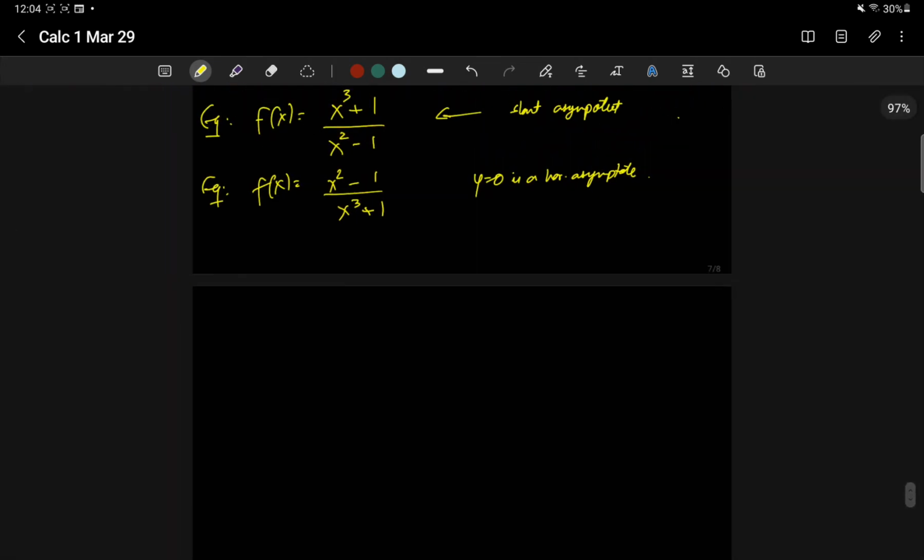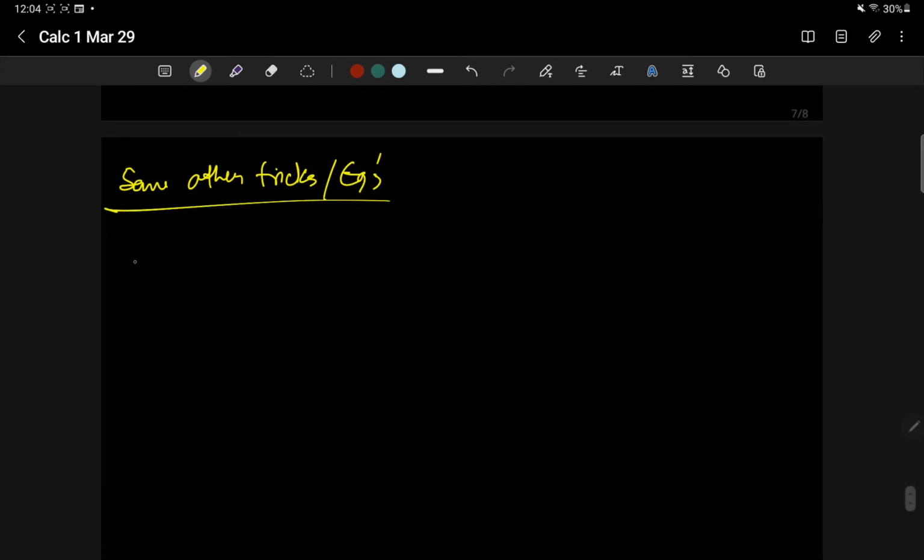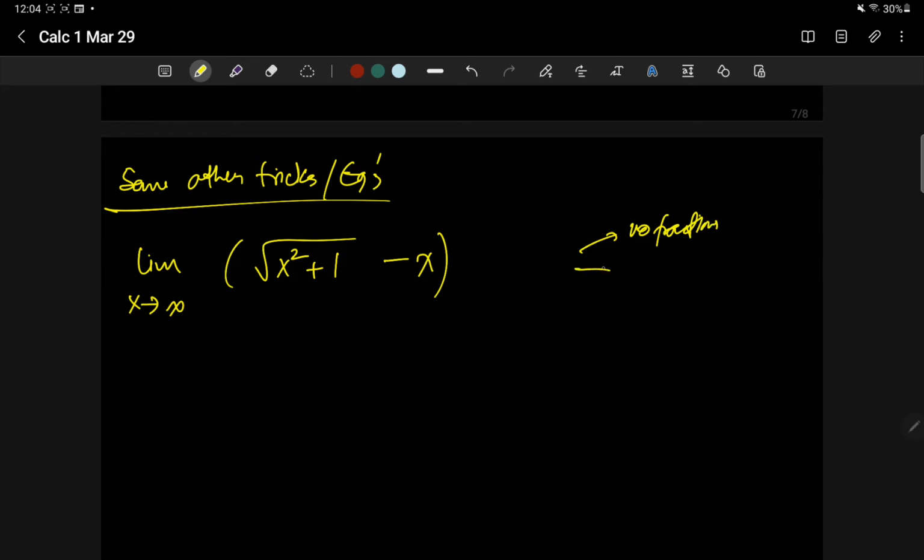Okay, now let's look at some other examples, some other tricks. Now one of them is, suppose you have to find this limit, square root of x squared plus 1 minus x. Now we make a few observations. First of all, there are no fractions. Secondly, it's a square root of an x squared thing, which is about x. And